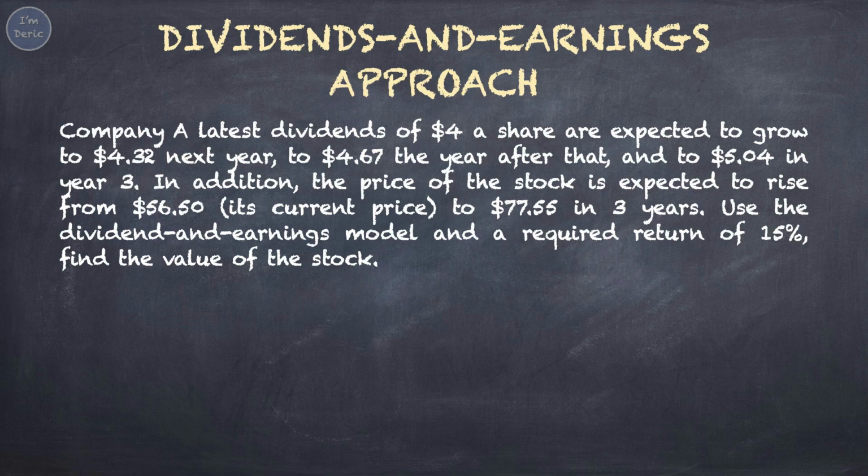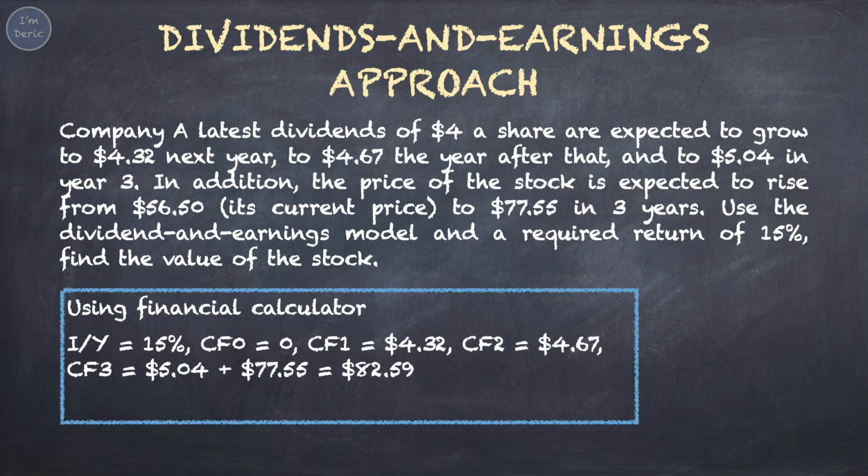In addition, the price of the stock is expected to rise from $56.50, its current price, to $77.55 in 3 years. Use the dividend and earnings model and a required return of 15%, find the value of the stock. Using financial calculator, key in discount rate, I/Y equals 15%, CF0 equals 0, CF1 equals $4.32, CF2 equals $4.67, CF3 equals $5.04 plus